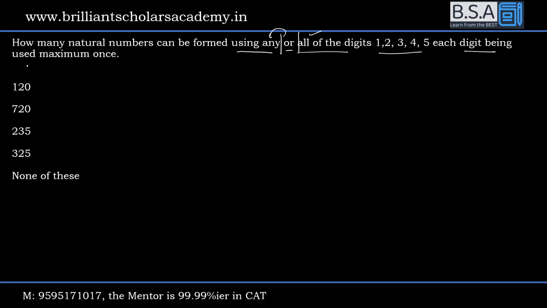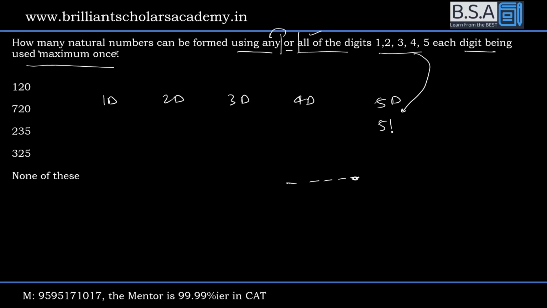Digits being used maximum once। डिजिट अगर यूज होंगे तो मैक्सिमम एक बार होंगे और उससे ऊपर नहीं होंगे। So I can create 1 digit number, 2 digit number, 3 digit number, 4 digit number और 5 digit number। अगर 5 digit number तो इनको अरेंज करना है 5 factorial।